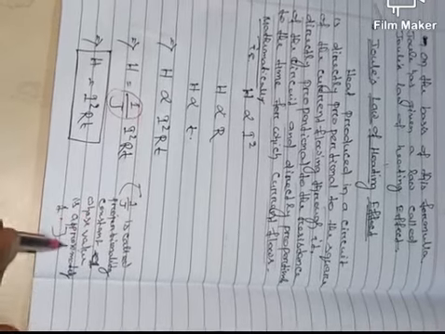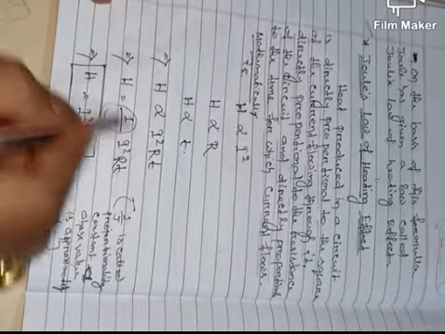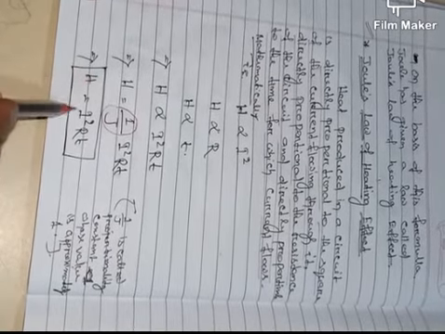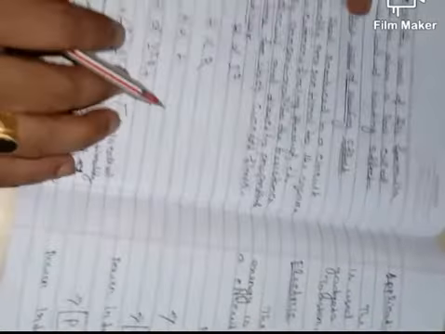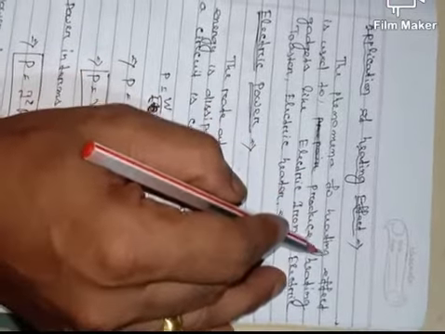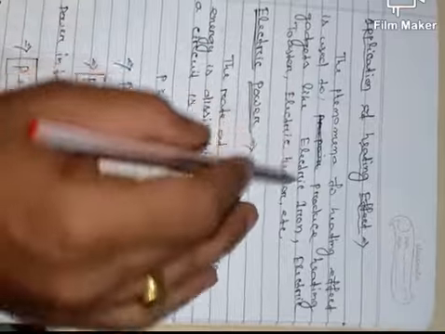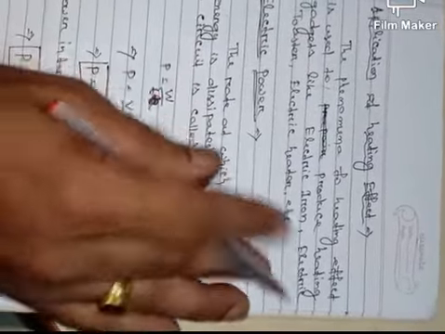Its value, 1 by J, is approximately 1. That's why, neglecting this, we get H, heat produced by the circuit, is equal to I square RT. So this is all about Joule's law of heating effect. Now, application of heating effect. The phenomenon of heating effect is used to produce heating gadgets like electric iron, electric toaster, electric heater, etc.